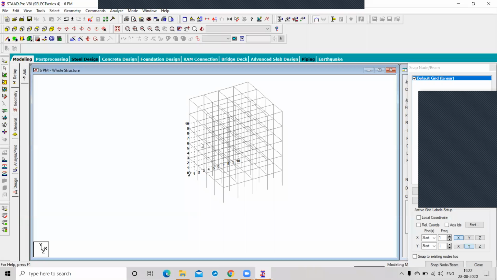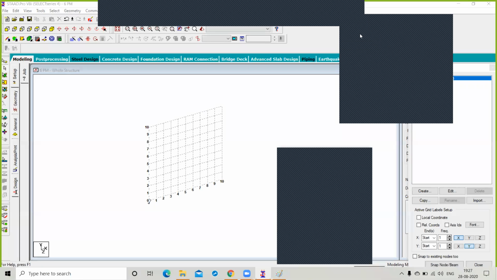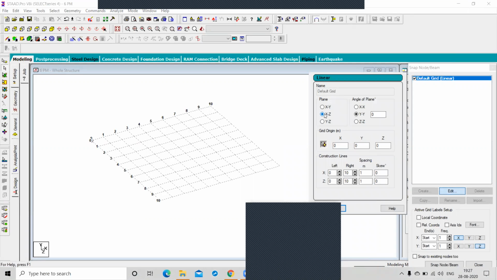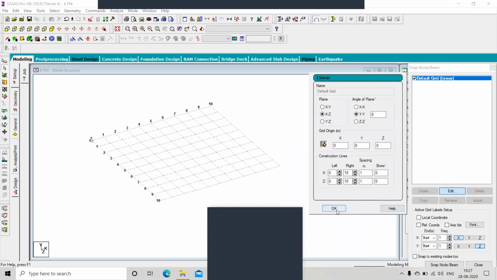Go to the edit option and choose which plane, XZ plane. Yes? And click on it.